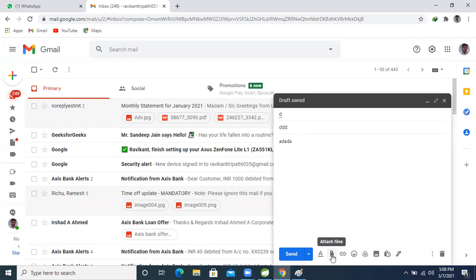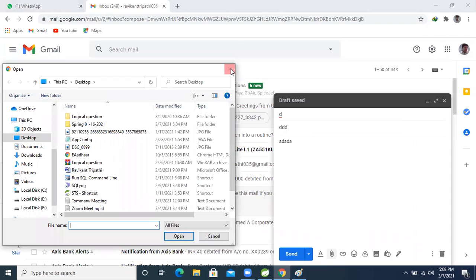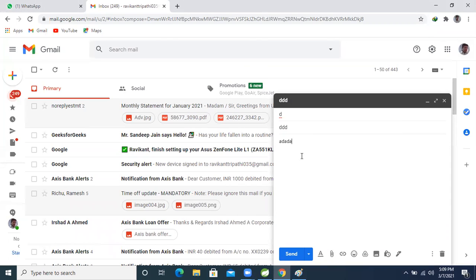If needed, we are using file attachment also, or not. These things are there. Assume which field is mandatory: without an email ID we can't send the email. The subject is optional, and the text also is optional. But whenever we are sending data, we give a description after the email ID and write something, so think of these as mandatory.